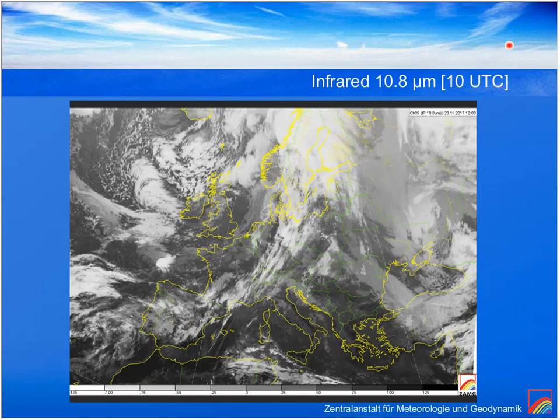This is also from today 10 UTC, so one can already see some denser clouds here, and also here is a cloud band. Maybe most of you know that there is a high pressure approximately in this area. We have here the cold front and the warm front here, an occlusion, or one, two, maybe even three low pressure systems over here, but we want to find out more about it. So if we move on,